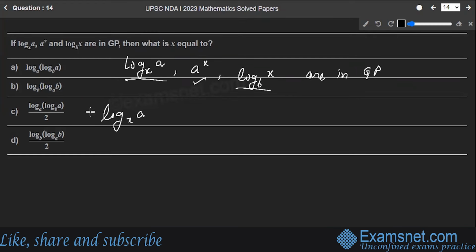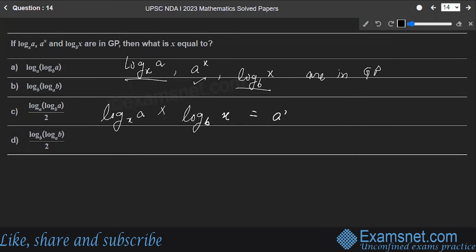Log x a multiplied by log x b is equal to this. Sorry, here is b. Okay, I have written something wrong. So log b